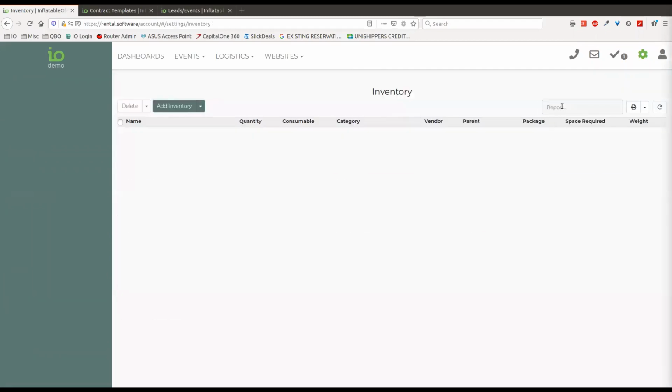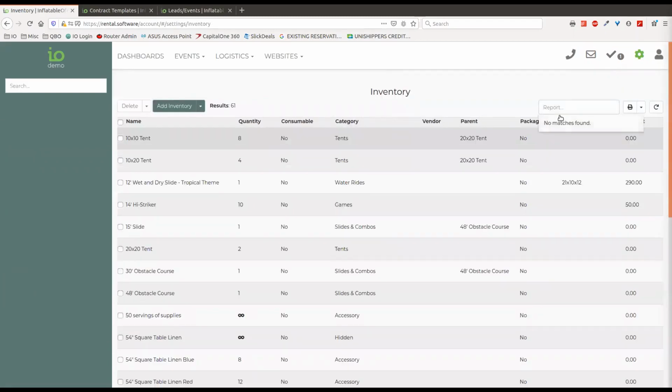So once we have rental reports, and I didn't make one, but we would be able to choose it and then see that information in here. Again, we could print, we could export it. A lot of times, I know you guys are looking at just kind of cleaning up your rental database. And so one of the things that you can do